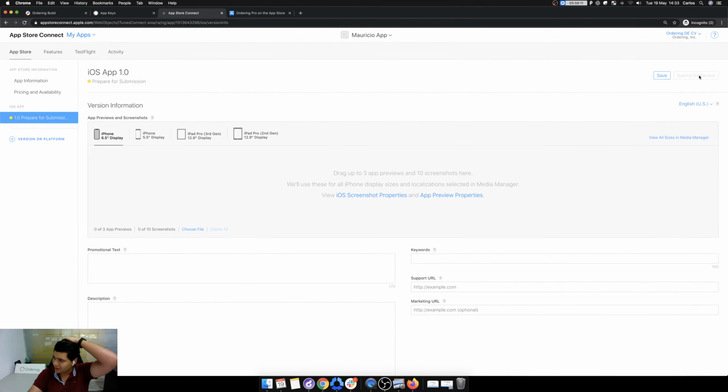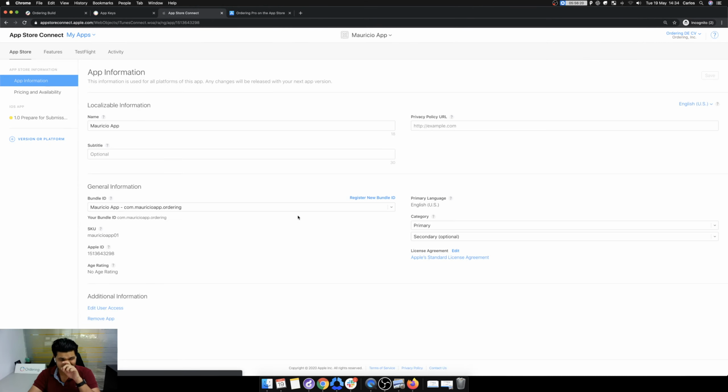Francis asked, what is the SAQ? The SAQ is an identifier of your app. As you can see here, this is the ID of your app, and the SAQ is a unique ID for your app in order to have another identifier to not duplicate apps.